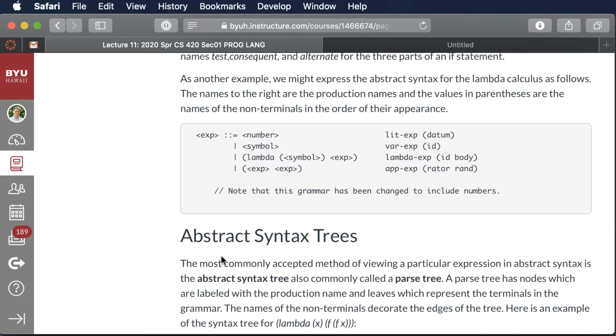One thing that you can do with that is translate from one language to another. If you have a program written in one language and you parse it and abstract all the details out, now you know what that program means. Then you can unparse it into another language. In fact, in this class, I used to have a project where you would write some code that would parse a Racket program or a program in this language, and then you would unparse